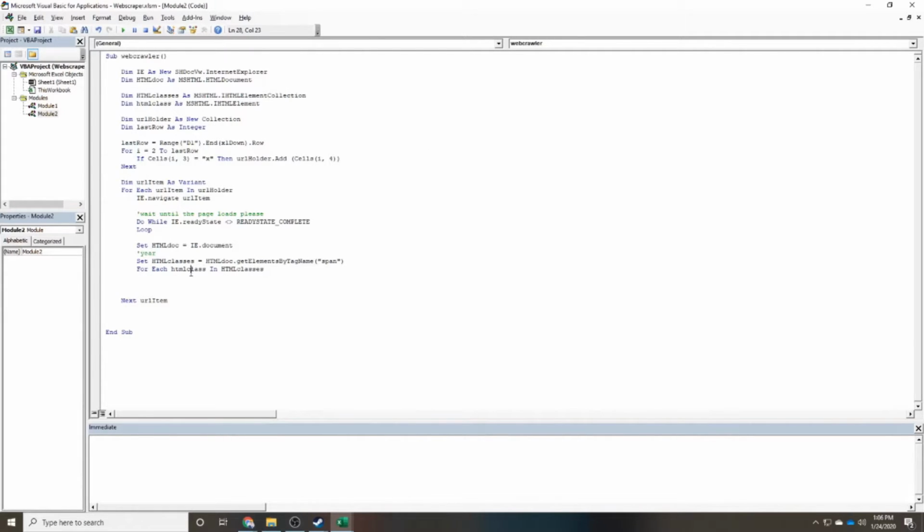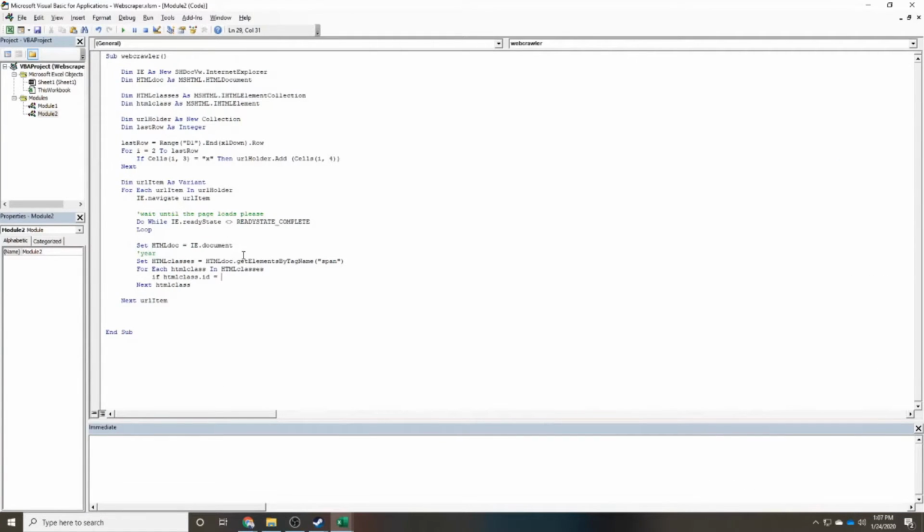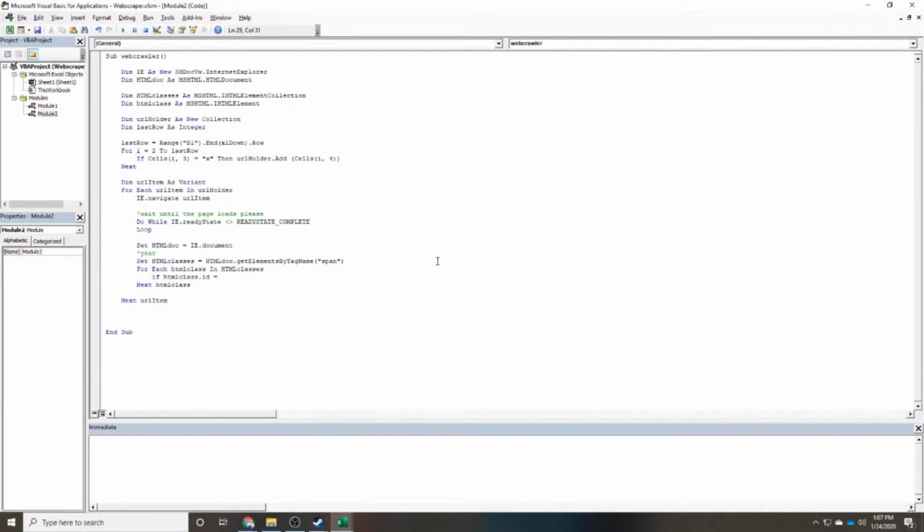Okay, so for every HTML element in the collection, next HTML class, we're going to need to do something. So if HTML class dot ID is equal to, well, what do we need it to be equal to? Title year. And we know it's containing all the spans. So if the ID is equal to title year,